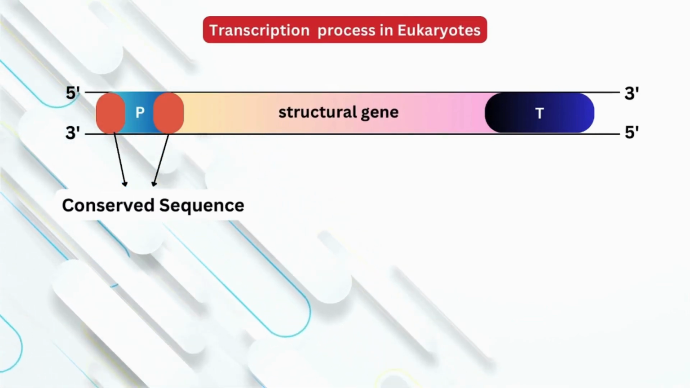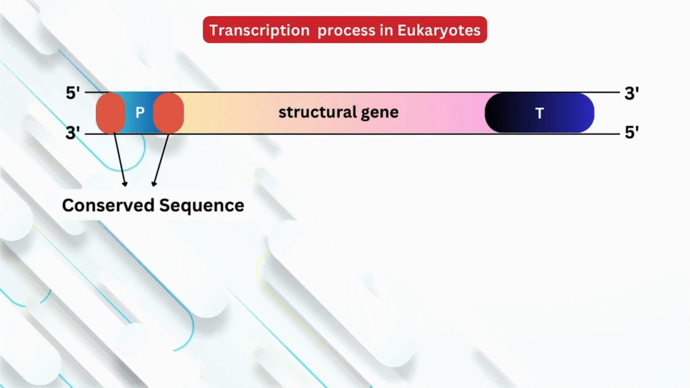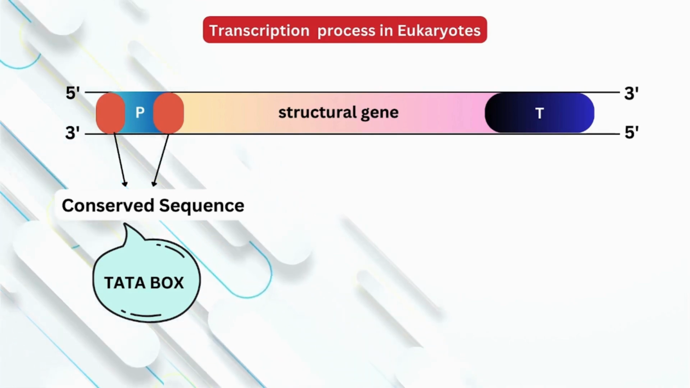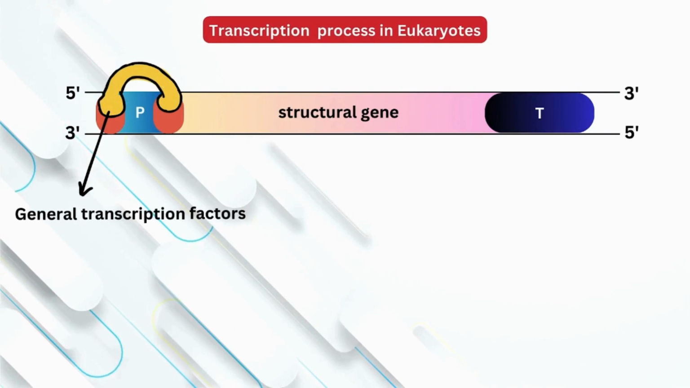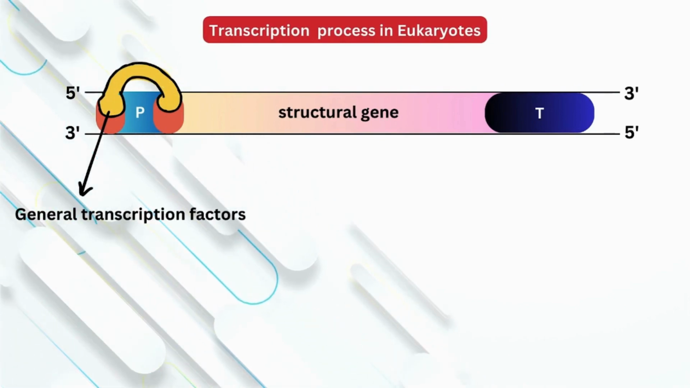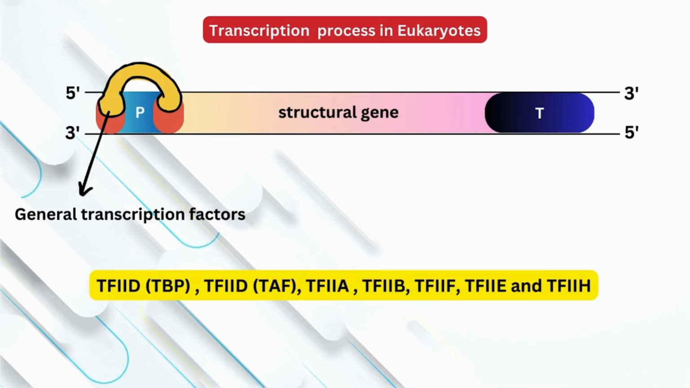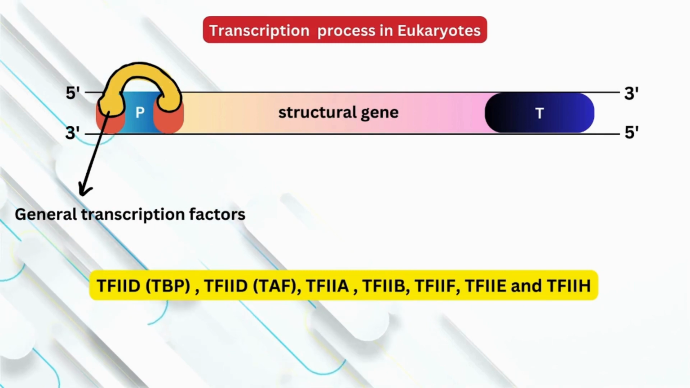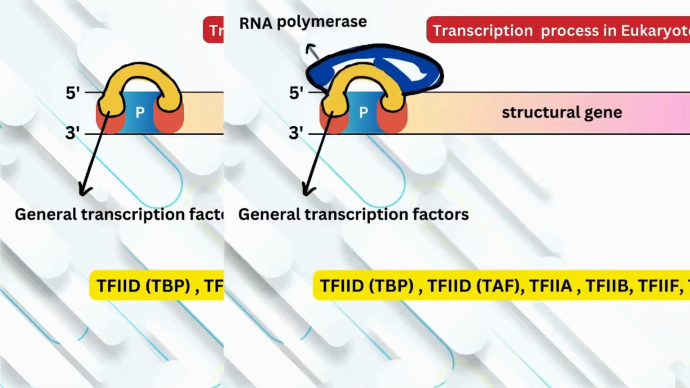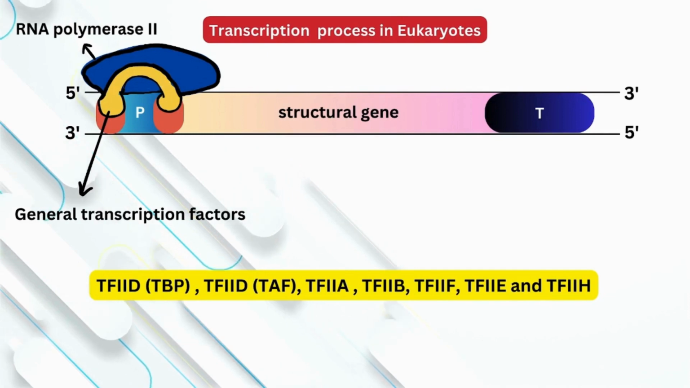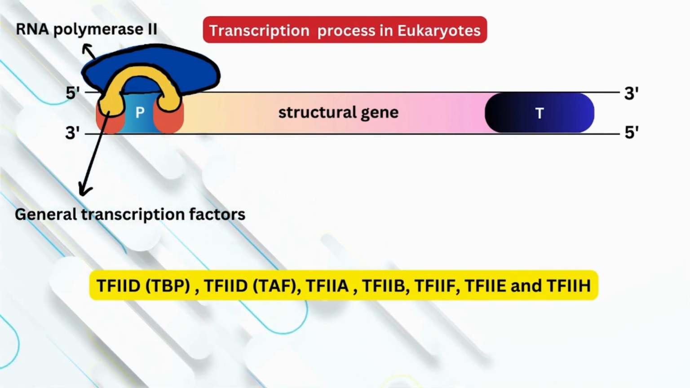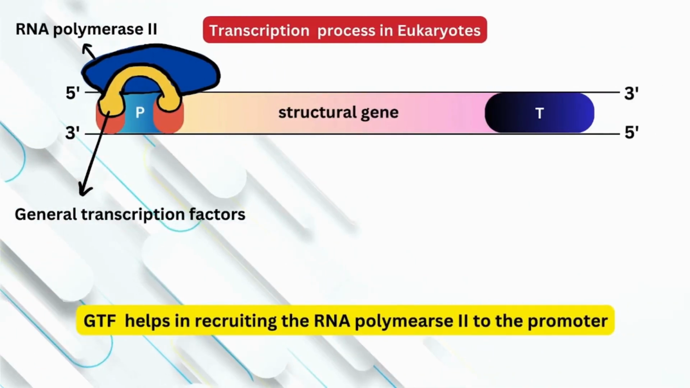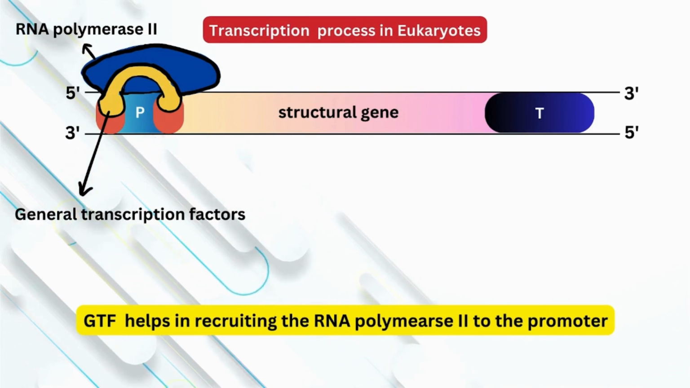The promoter in eukaryotes will have some conserved sequences, and these conserved sequences are known as the TATA box. These sequences are recognized by the general transcription factors TFIID, TBP, TAF, TFIIA, TFIIB, TFIIF, TFIIE and TFIIH. These are the names of the general transcription factors. The main function of these general transcription factors is the recruitment of RNA polymerase 2 to the promoter. That means RNA polymerase 2 is indirectly bound to the promoter and the connecting links are the general transcription